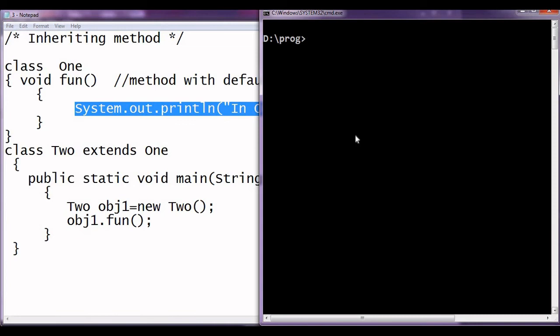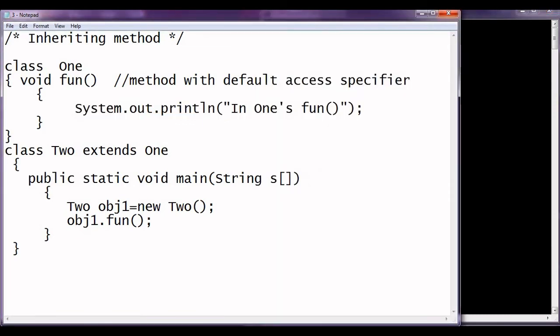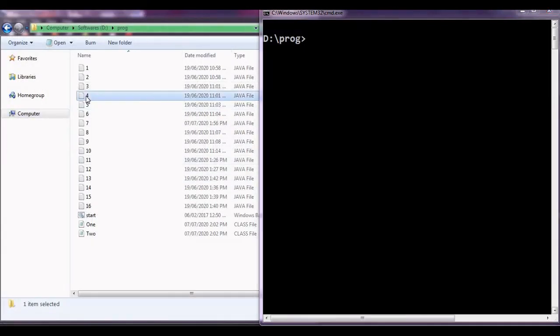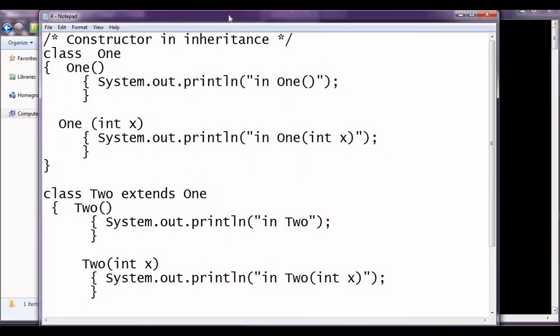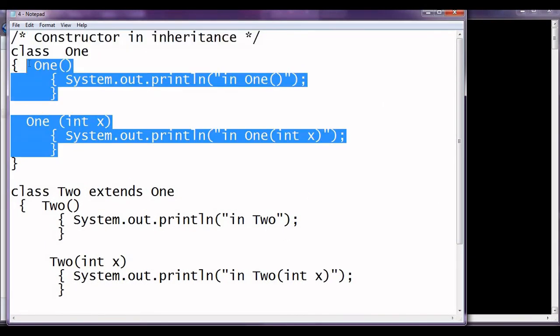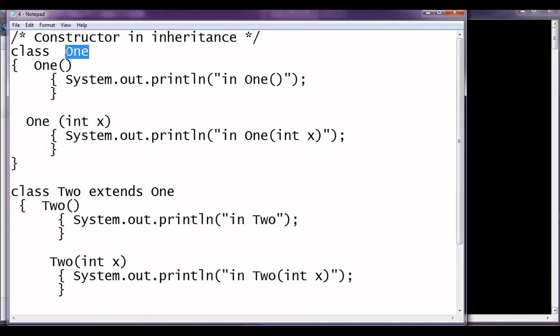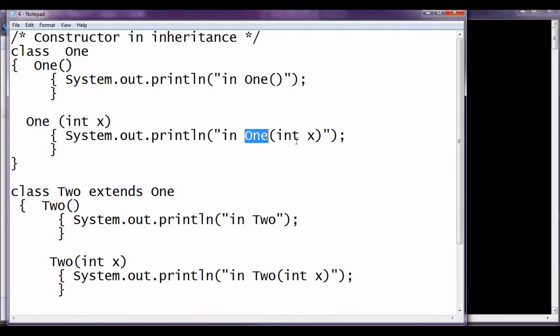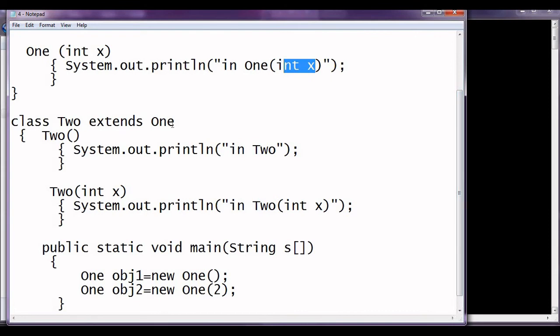Fine. Now let us move to the next program. Constructor in inheritance. Here we have two constructors, in class 1, the base class. For simplicity, in both constructors we have put an appropriate message. Now class 2 extends class 1.